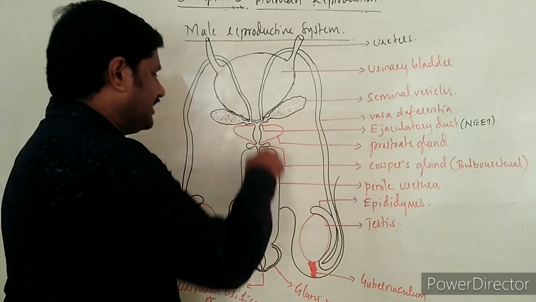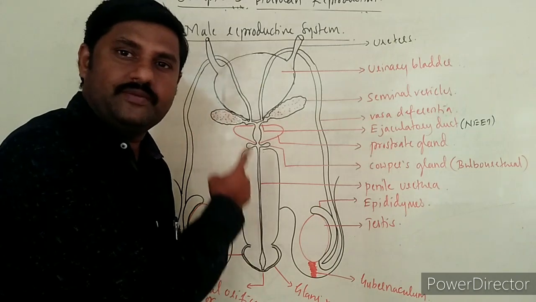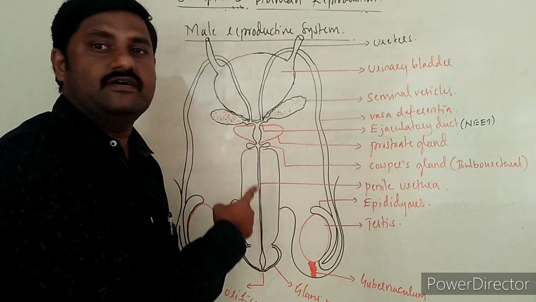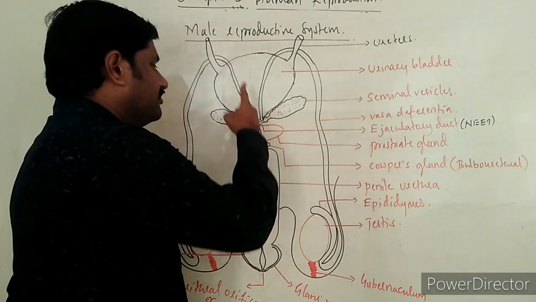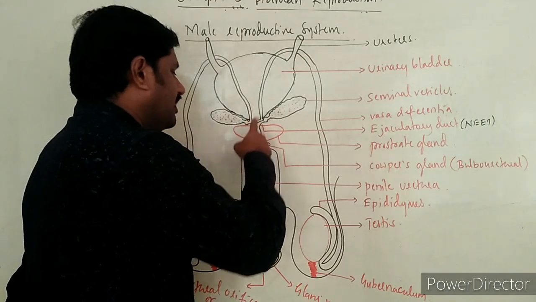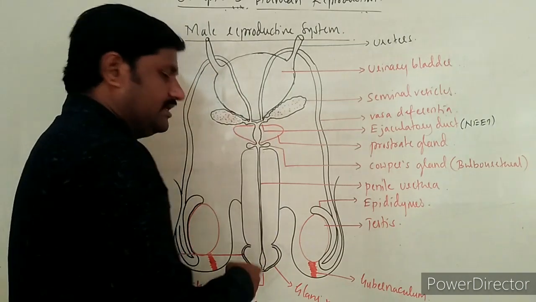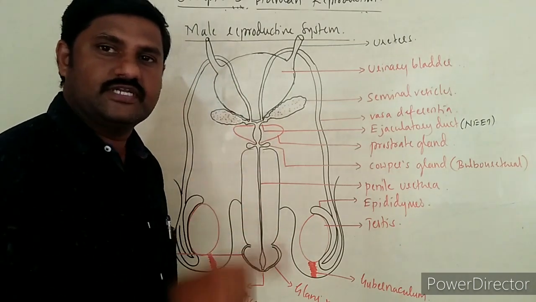Hence this urethra in males is a common passage for both sperms, semen as well as the urine, and is called the urinogenital